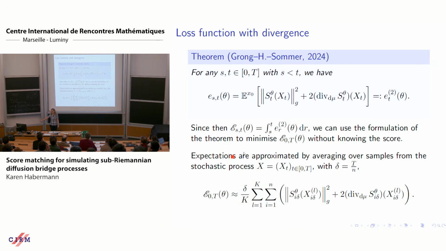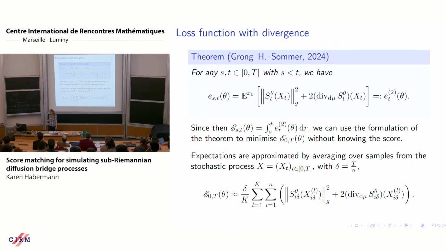And then your expectation at the end of the day is also just an integral. To approximate that, fairly cheaply you can generate a lot of samples from your original unconditioned process. That was the path I indicated in red, where you just have your true original process starting at x0. It's relatively efficient to generate a lot of those paths, and then you can compute this sum for relatively large k, and this gives you a decent approximation of this loss function.